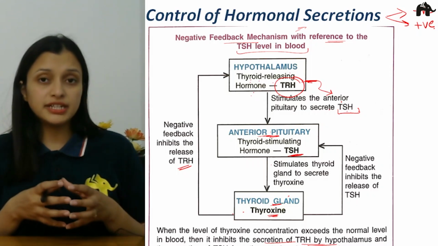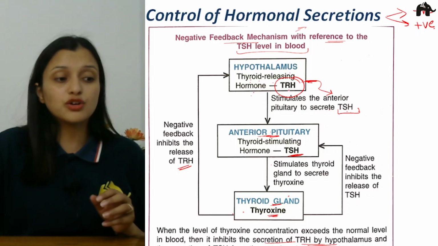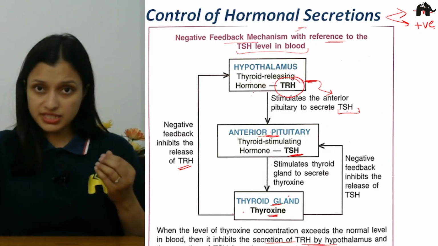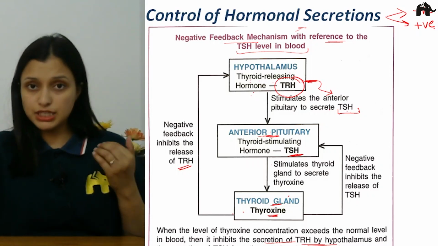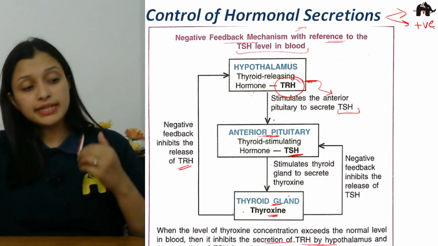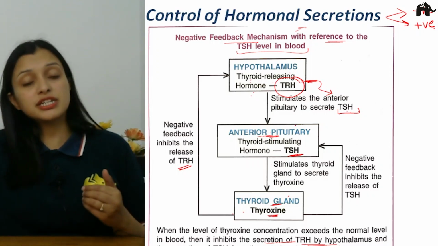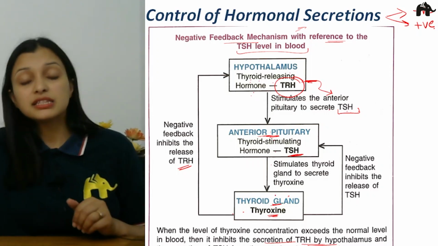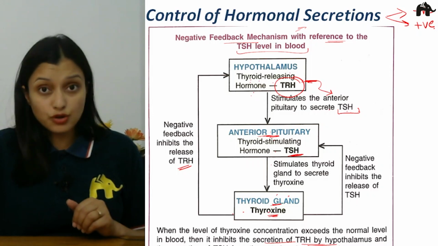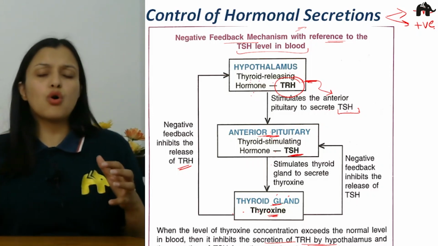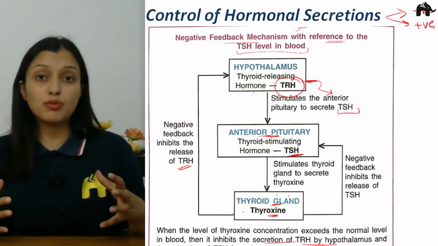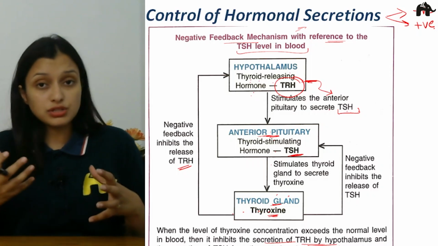If they will not coordinate with each other, so once the thyroid releasing hormone is released from the hypothalamus, it will tell the pituitary to release TSH, and TSH will tell the thyroid gland to secrete thyroxine hormone, and it will go on. So there will be a lot of thyroxine in our body, and the over-secretion of thyroxine is also not good